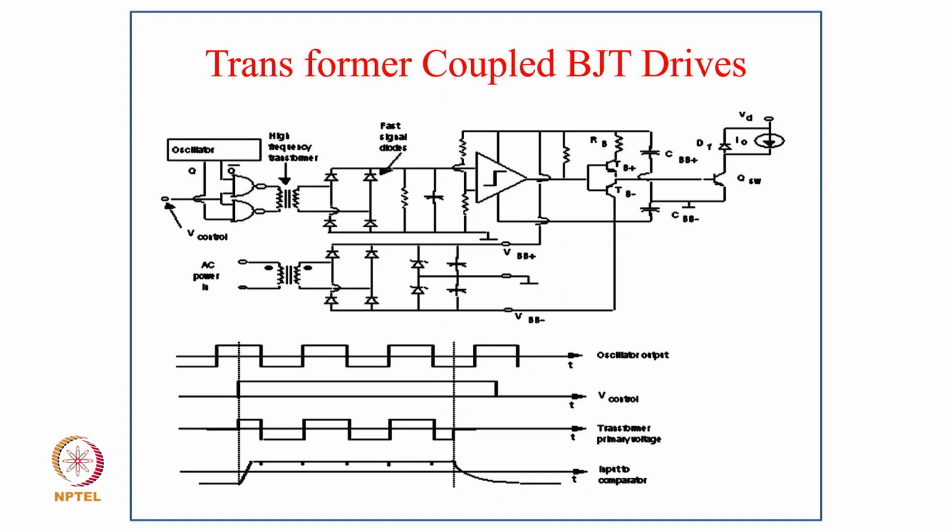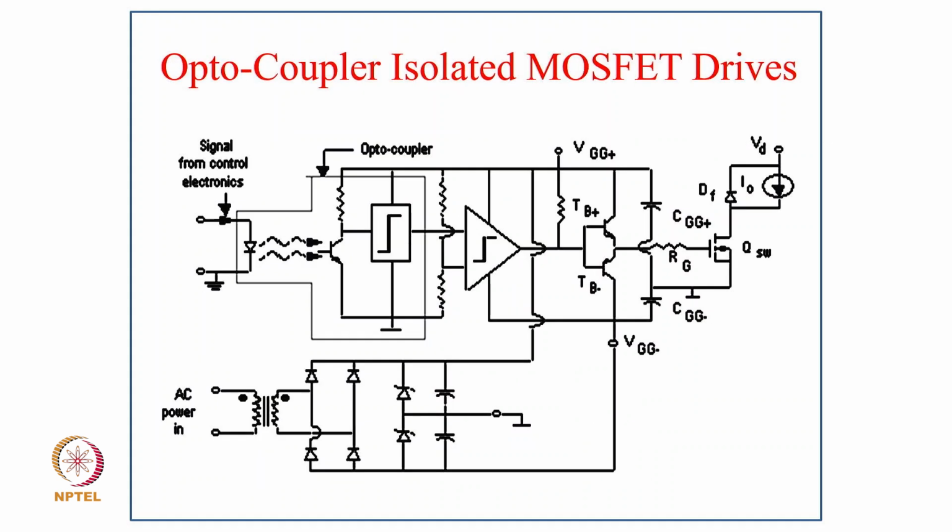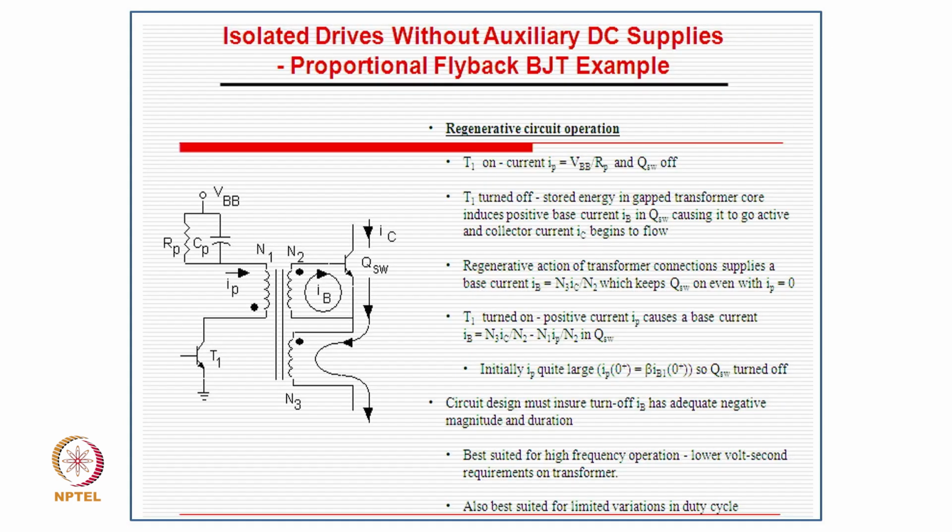Then there is the transformer coupled BJT drive, where we sometimes also use a high frequency transformer, as I already mentioned, called a pulse transformer, which can give the power as well as pass the signal through it. The lower one is a slightly higher rating which gives the power supply, and the higher one passes the signal and gives the final signal to the base drive. The transistor certainly needs a high current, as shown in the waveform. And this is optocoupler isolation, typically for the MOSFET, so isolation and a separate power supply are required for amplification of the signal which is isolated from the optocouplers.